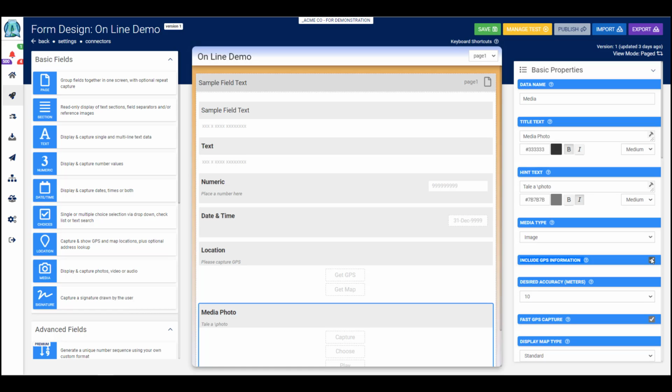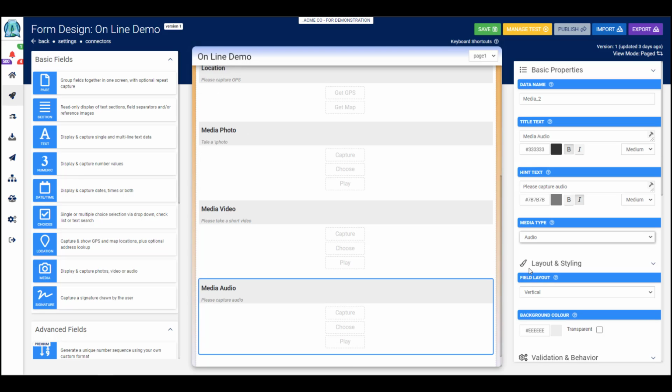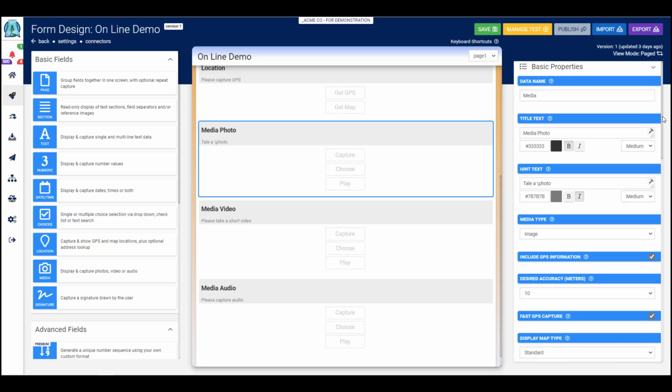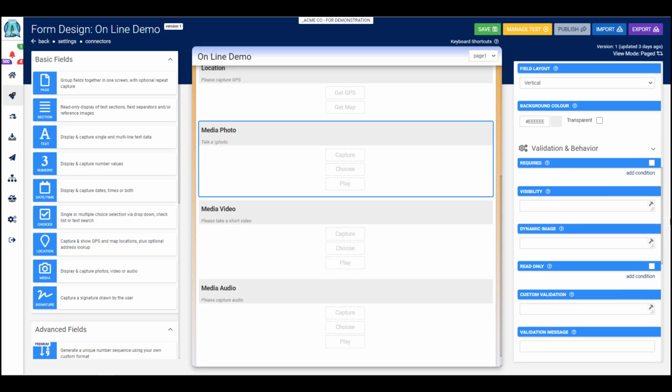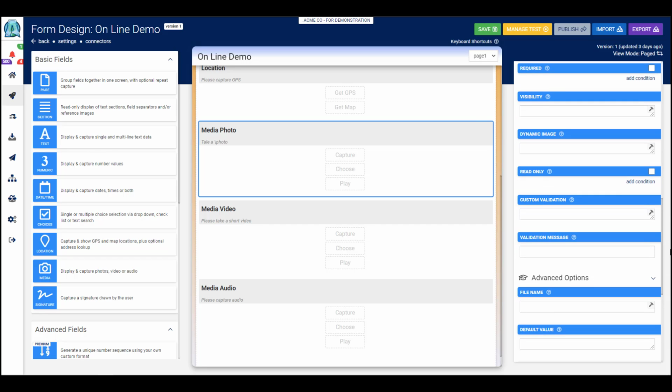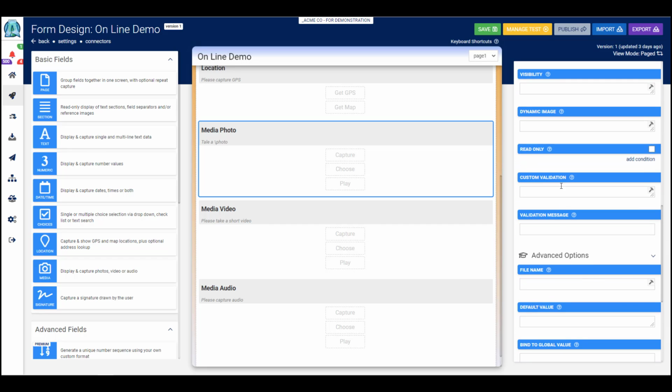If you want the user to capture video and audio, you will need to place separate media fields onto your page for each one. So as you can see now, we have three different media types: photo, video and audio. Now if I just drop back to the media photo, below the layout and styling, if we scroll down here, you will see in validation and behavior